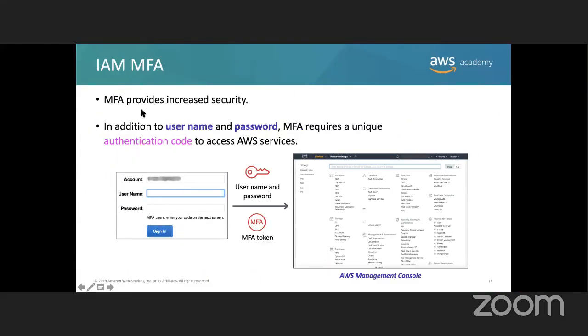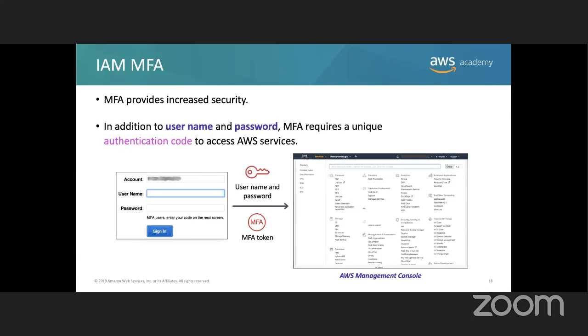So MFA provides increased security. It's an extra layer of security. Very important. You can force all your users to create multi-factor authentication.